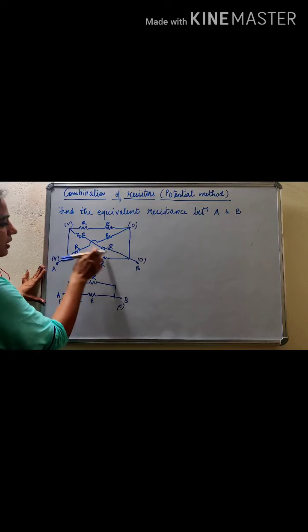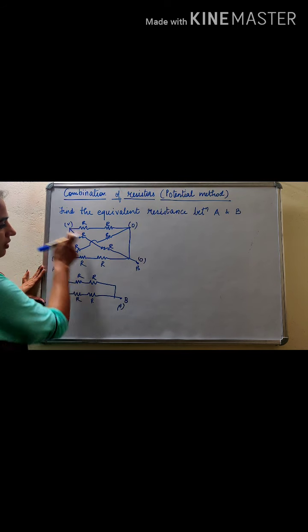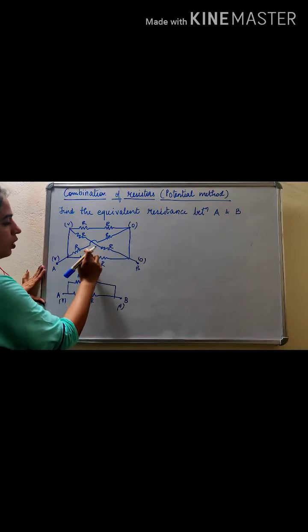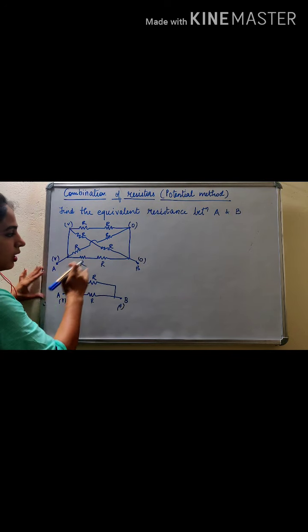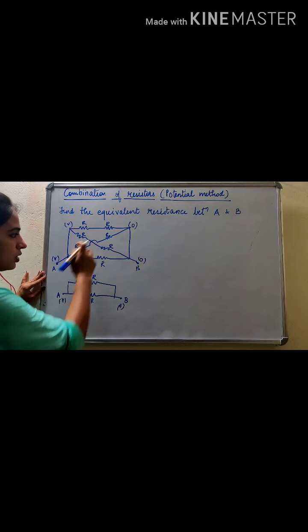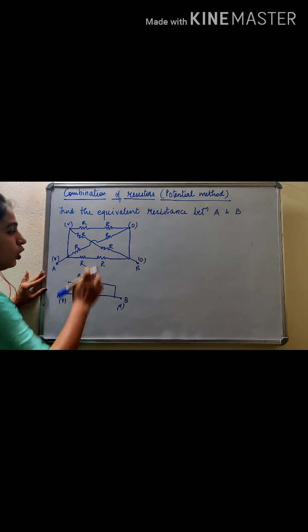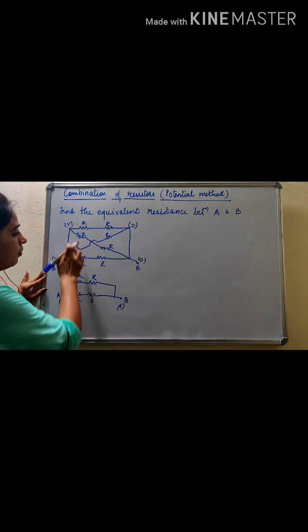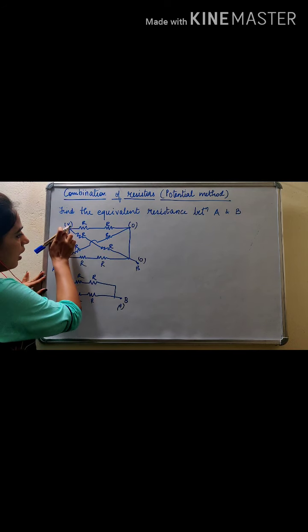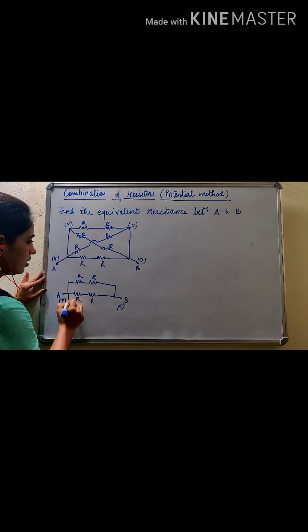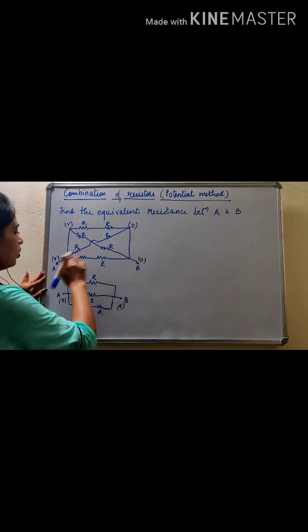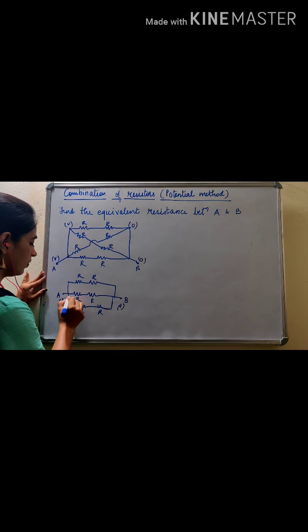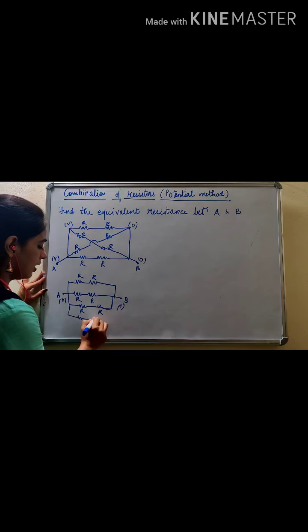What about these two? This end is at V and this end is at 0. Okay, what is the meaning of this? That these two branches are crossing each other without connection. This wire is overlapping, not touching this wire beneath. So R and R are in series and connected across again V and 0. So we have again these two resistors R and R, and these two also are between V and 0. Okay, so R and R.